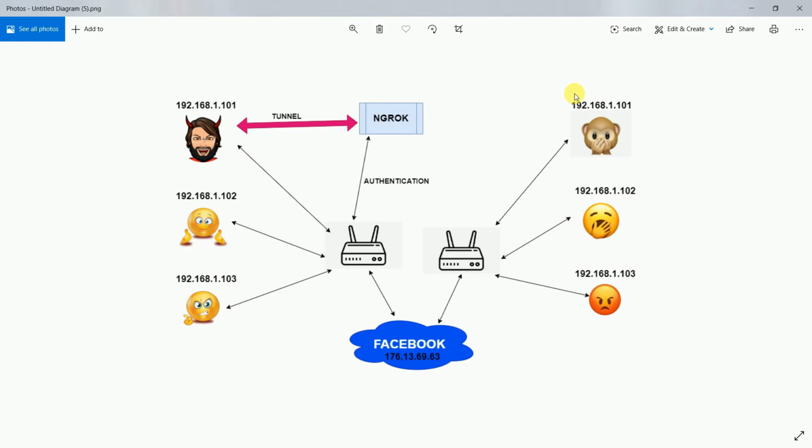So through that link, they will be redirected to the ngrok server, and after that, through the tunnel, they will be redirected to your localhost server. So in this way, you can actually host your localhost server publicly. So that's the main role of ngrok. I hope that you have understood how ngrok works internally and why there is a need for ngrok. Now we can move to the installation procedure.